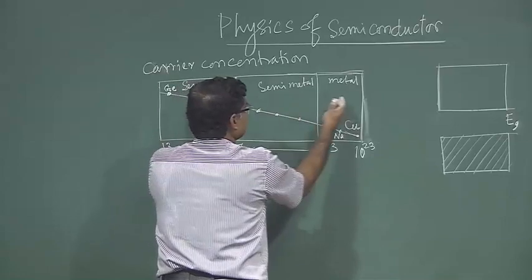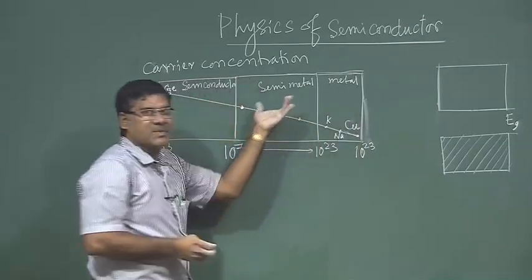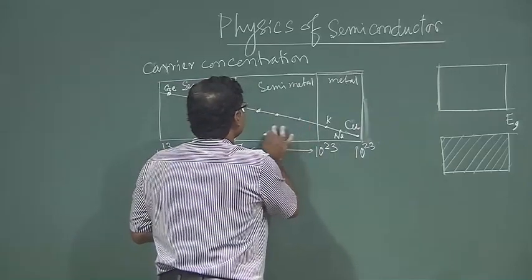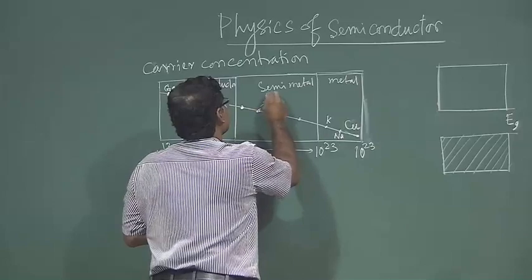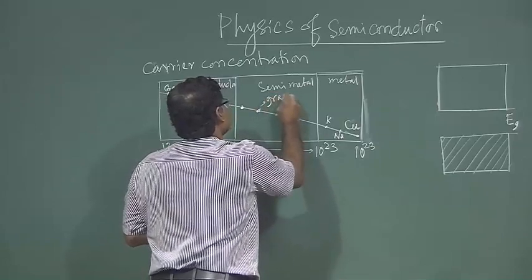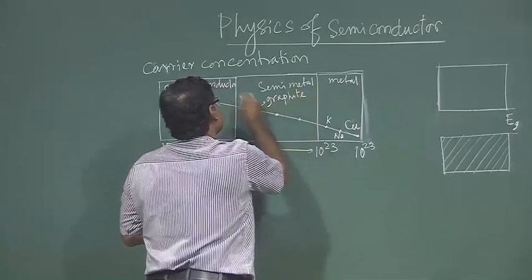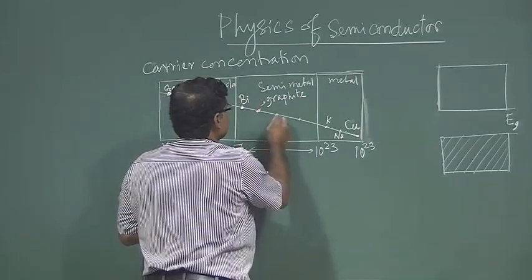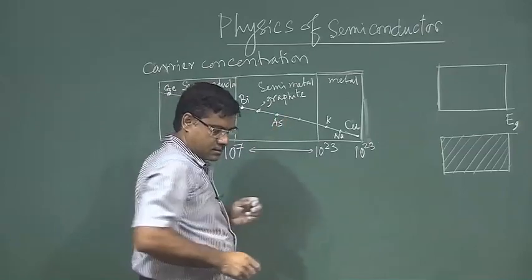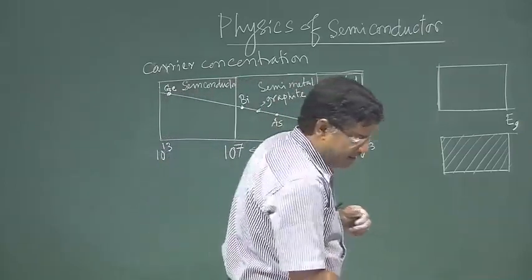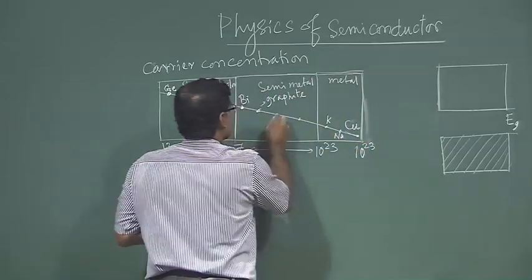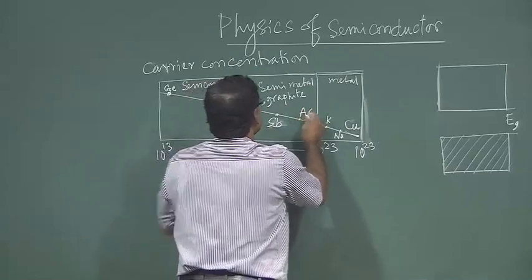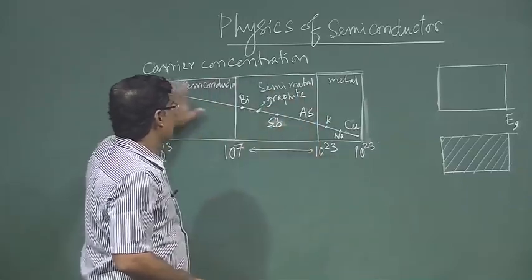So, semiconductor and metal, their concentration is in between. So, it is a semimetal. Okay. So, this is what I told, this is the graphite, this is the bismuth, and this is the arsenic, antimony, arsenic, and the other one is antimony. This is the antimony and this is the arsenic. Okay. So, this behaves like,